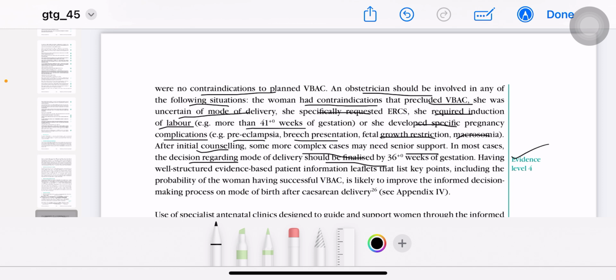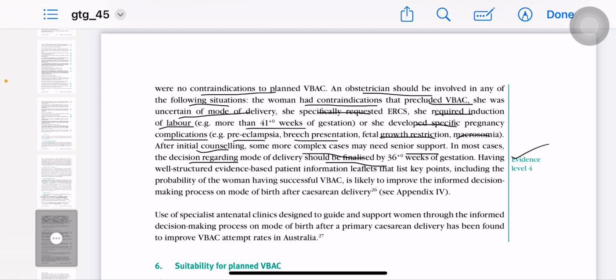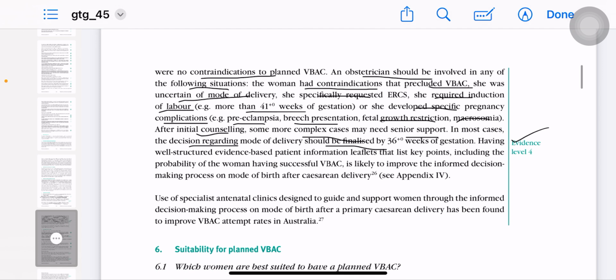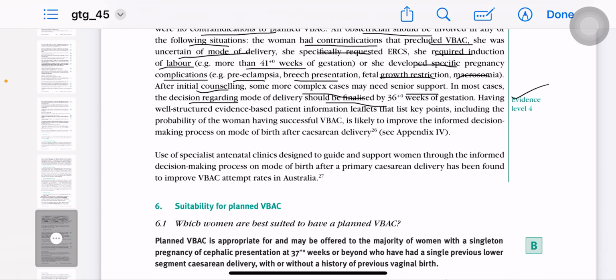Because in some wards they will do induction of labor with a previous C-section, but in others, they have not had a good experience with induction of labor after a previous cesarean, so they will go straight ahead to the cesarean section. So these are the important things that you have to exclude in the patient, whether she is a candidate for vaginal birth after cesarean section or not. And the counseling is very important.